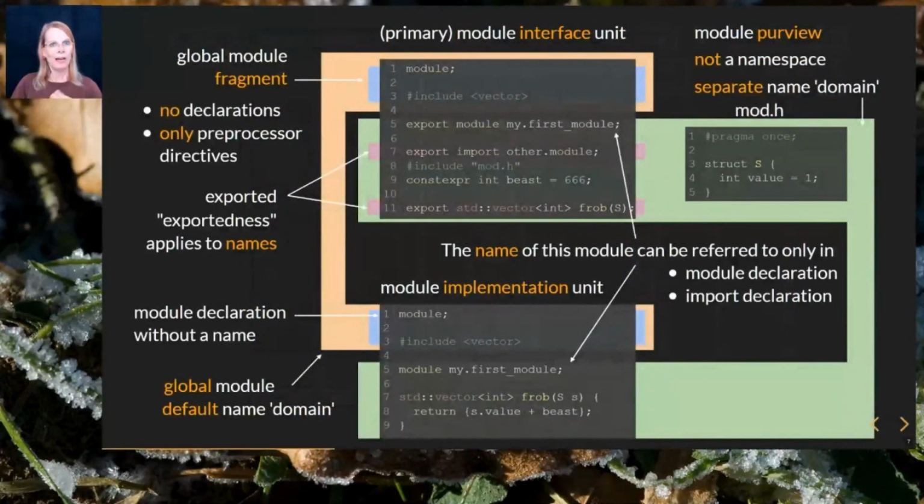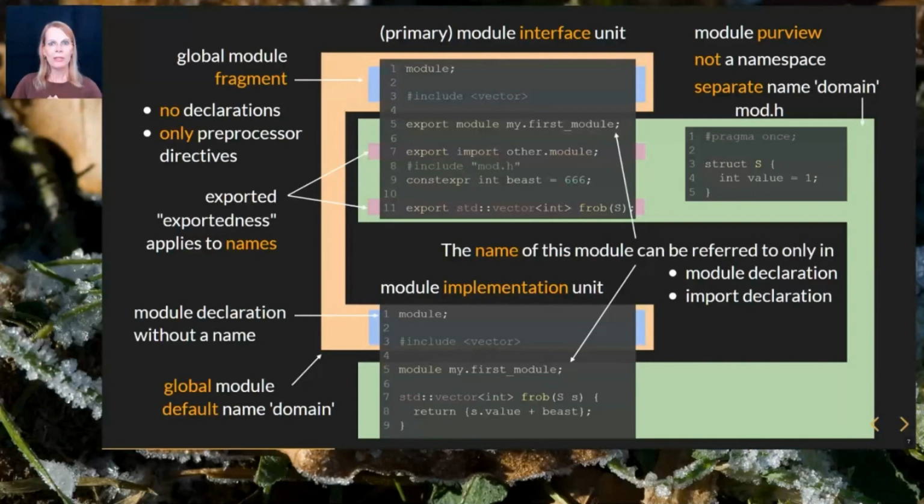So how does a module look like? In the new modules world, there are not only modules, but all the already existing code that's outside of the module and needs to be used again. For the sake of consistency, we call this part of the world the so-called global module that has no name, and the code in there follows all the traditional rules of the language as we know them.